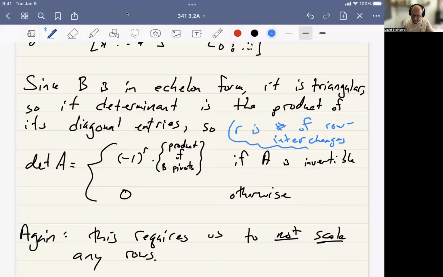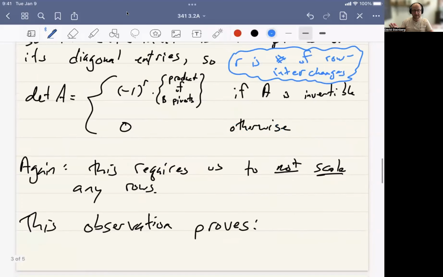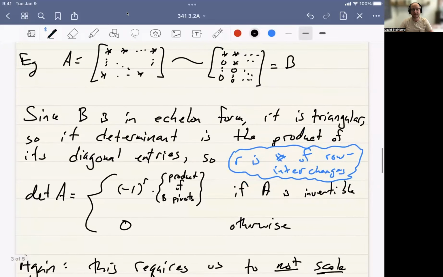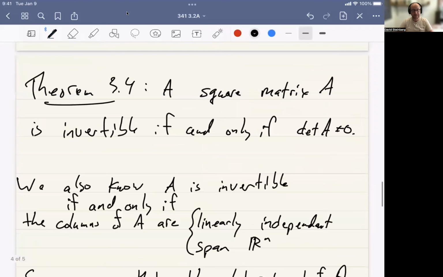That in a little bubble so that it doesn't get lost. Oh, all right. And again, this required us to not scale any rows. It would be an easy mistake to forget that. And this quick little observation about how to more easily compute the determinant allows us to prove this nice theorem,